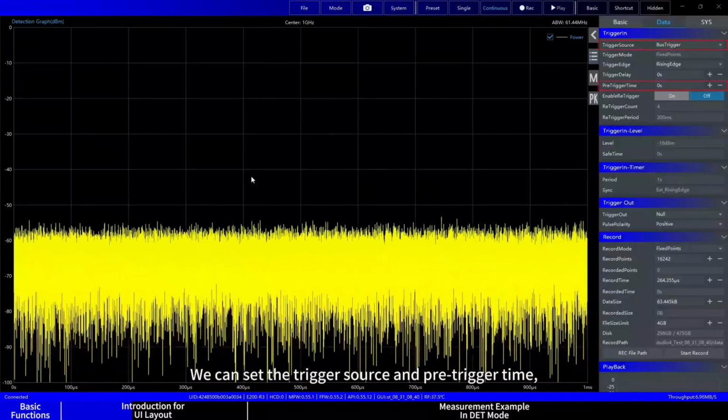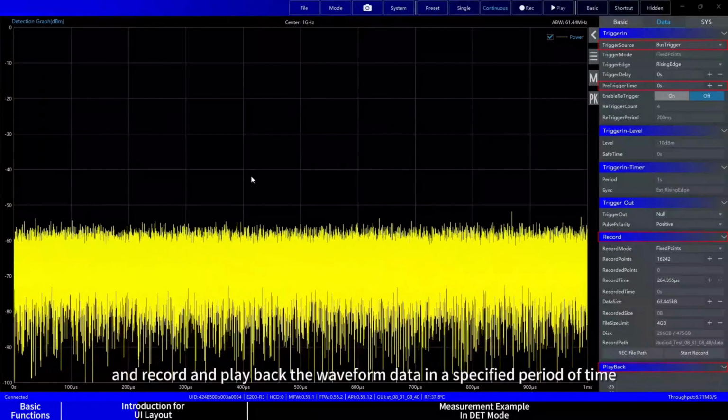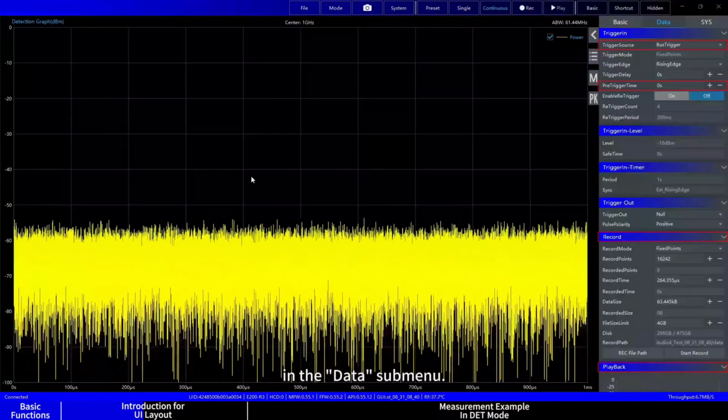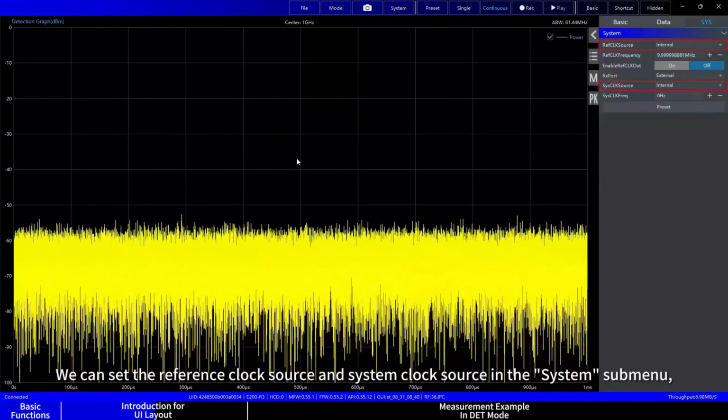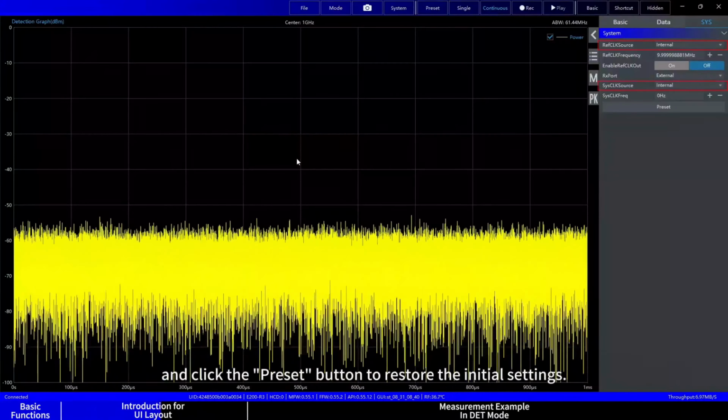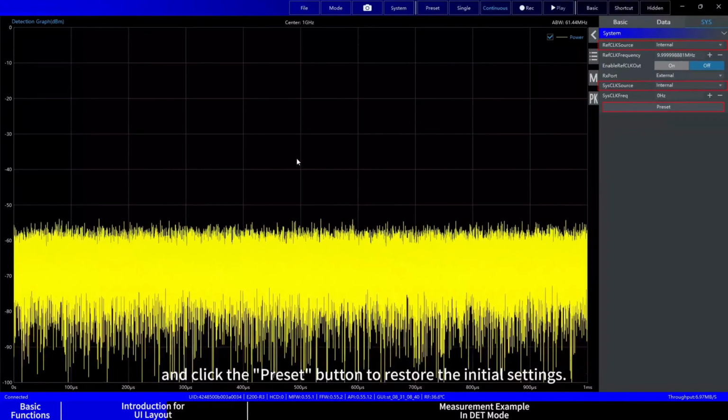The data submenu is where you will record and play back waveform data over a set period. And system is where you set the reference clock source and the system clock source and click preset anytime you want to jump back to the initial settings,